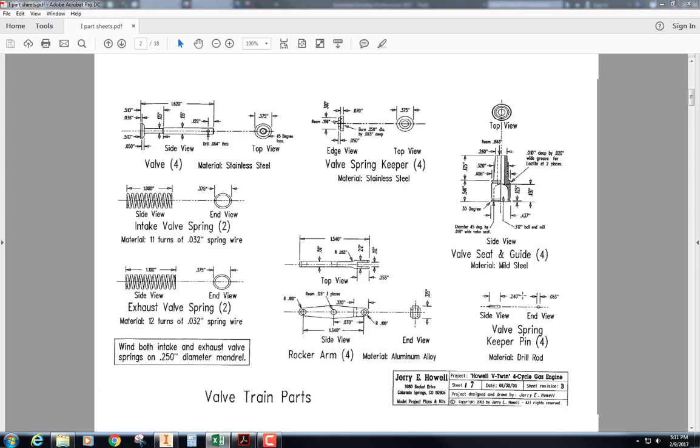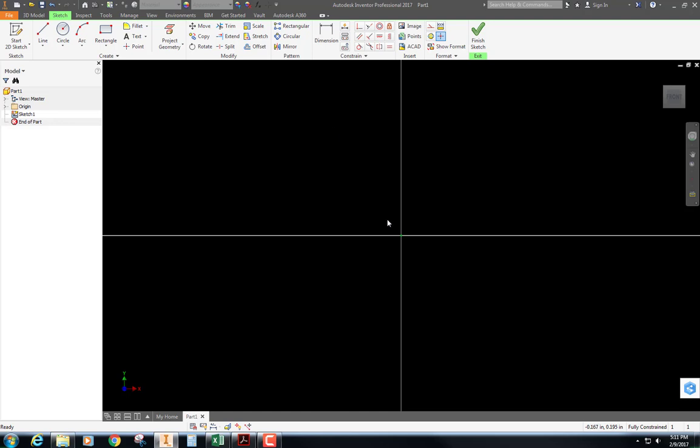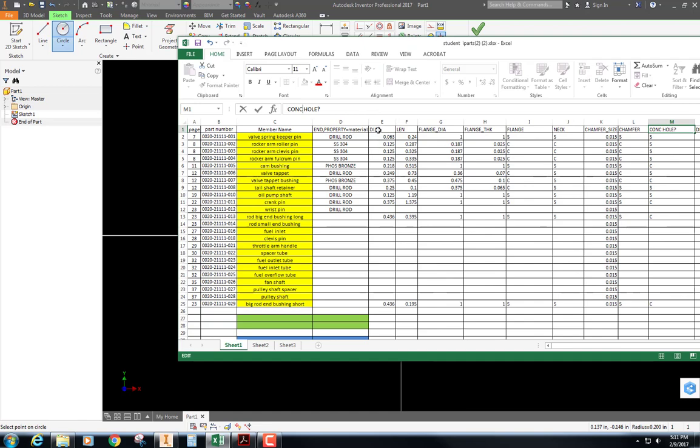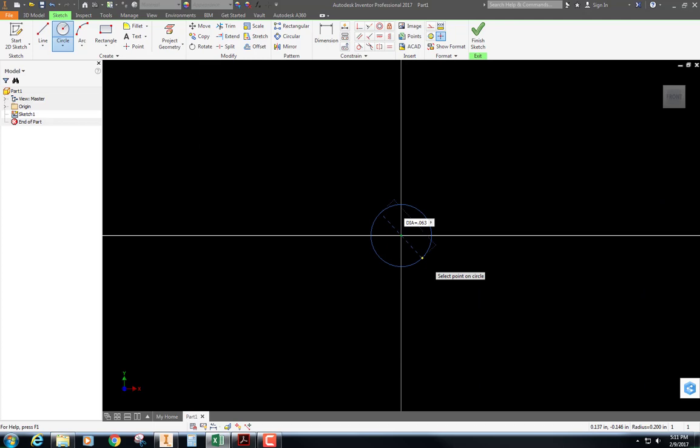It has a diameter of 63 thousandths and a length of 0.24. When I go in here, the first thing that Kim likes to do is project geometry. However, all I have is a circle for a rod, 63 thousandths. Now I'm going to go to home right here, and I'm going to say DIA, whatever I put in for whatever is on my spreadsheet. So if DIA is here, that's what I'm going to put in for my parameter, and I'm going to say equals. Now that one is a sketch parameter,